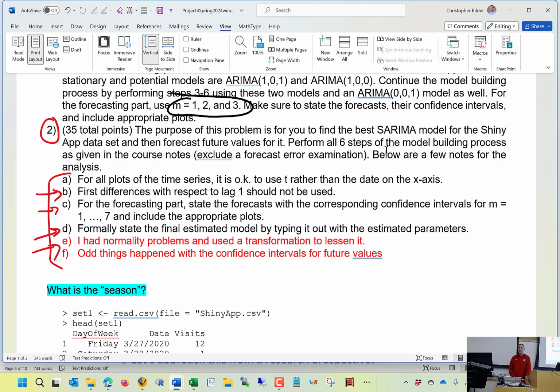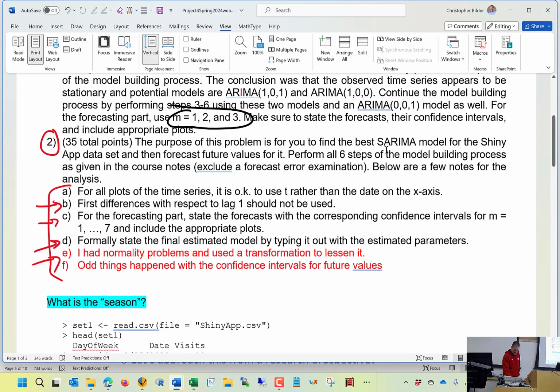Now, one thing that made things complicated when I was doing this myself, I had normality problems that I needed to solve. And I had to use a transformation to solve the problem. We've talked about a few different transformations, like the log transformation. But maybe the log doesn't work here. And then lastly,